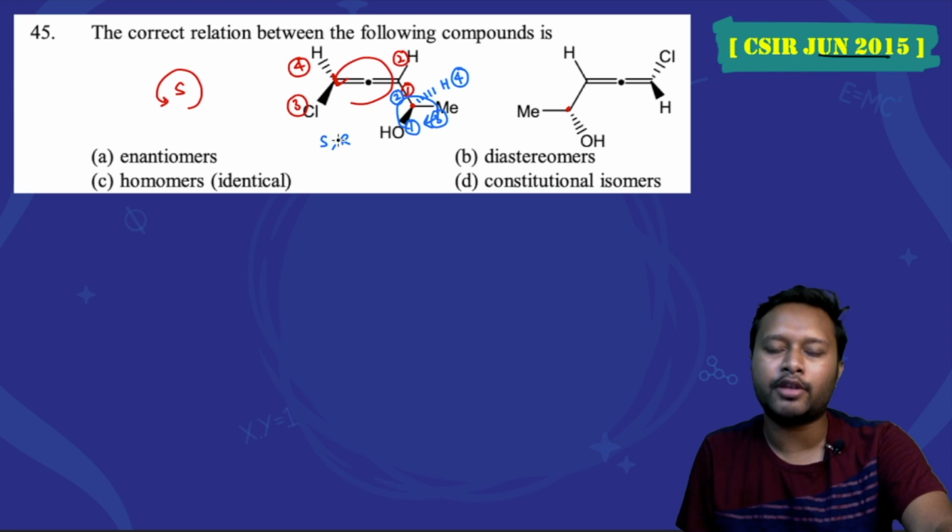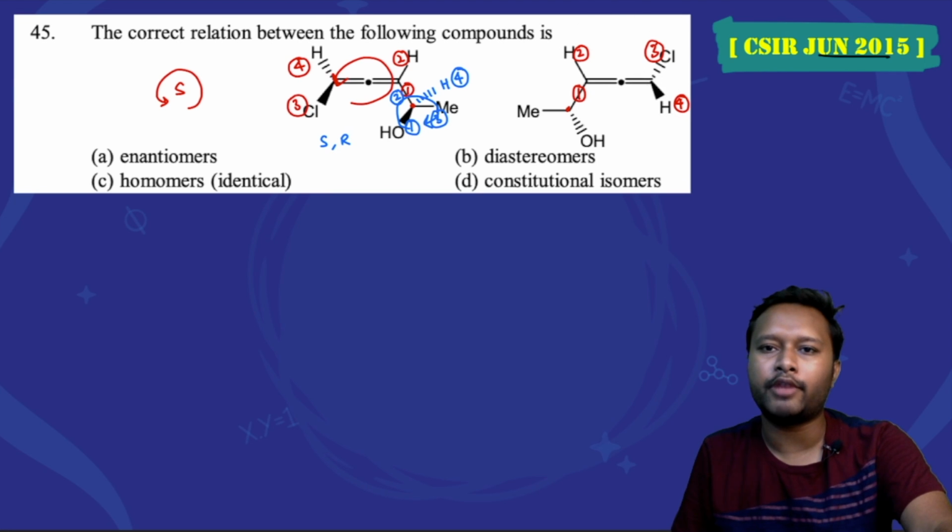So for the first molecule, we got S and R. Okay, S for the allene part and R for the chiral center. Again here also we'll find it for the allene part first of all. For the allene part, we'll do it in the same way. Start numbering from the groups which are on the plane. So this is 1, the first priority group, this is the second priority group, here this will be your third priority group, and this is going to be the fourth priority group.